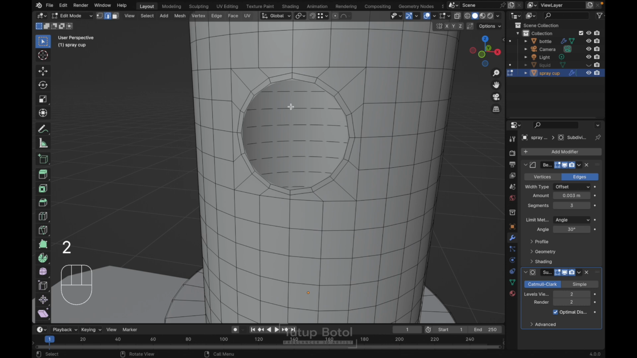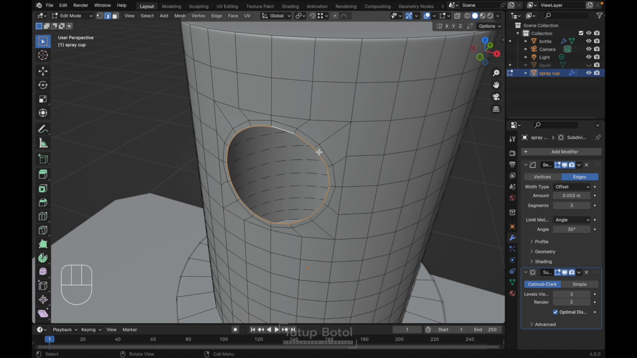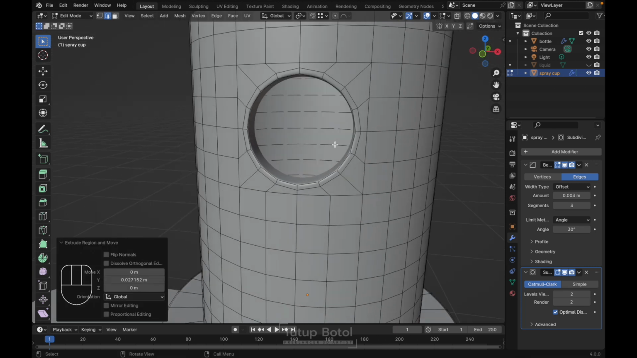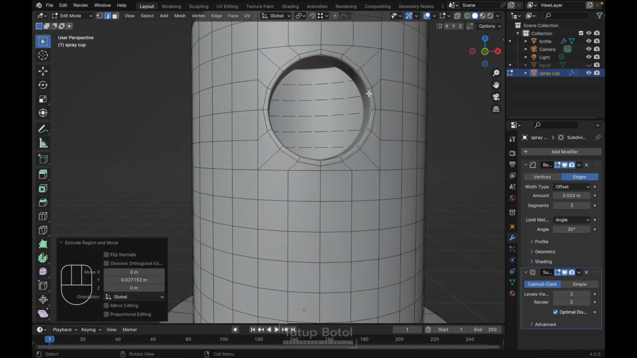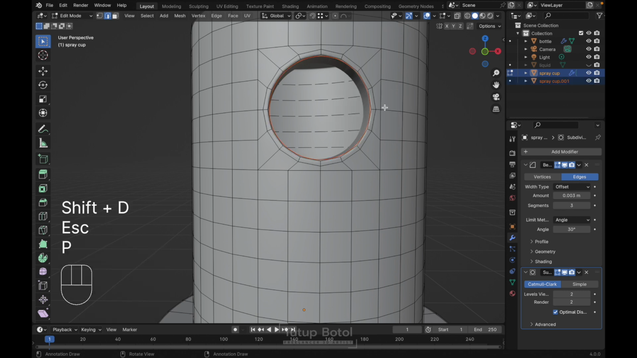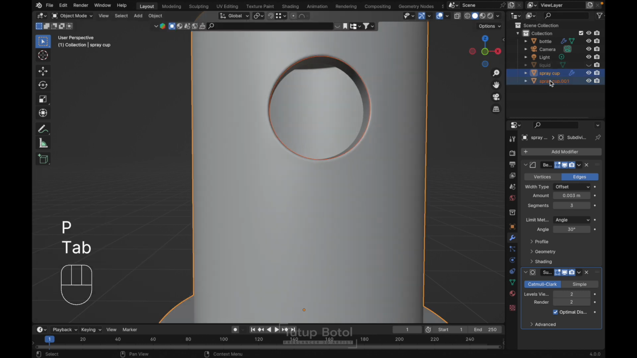Then press 2, change it to the edge modes. Press Alt, select this edge, just like this. Then press E to extrude, extrude it inside like this, on the Y axis, just like this. And then Alt and click this edge, Shift D to duplicate it, press P, selection, tap to the object mode, select this